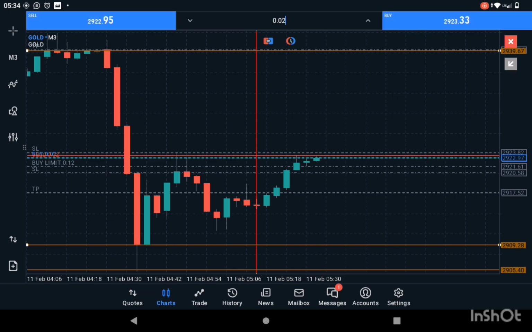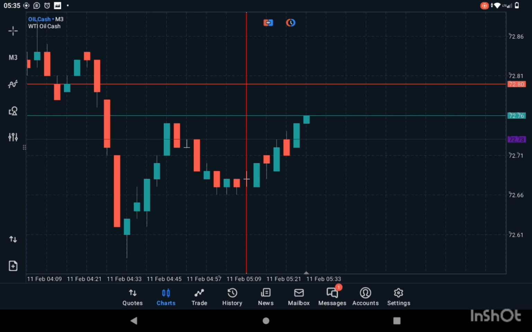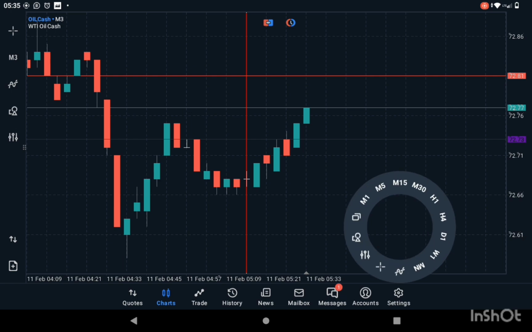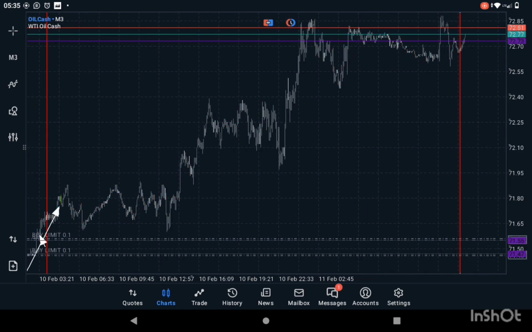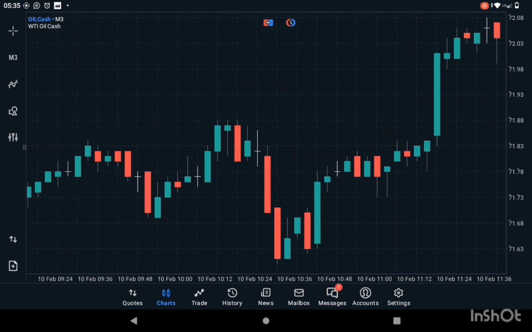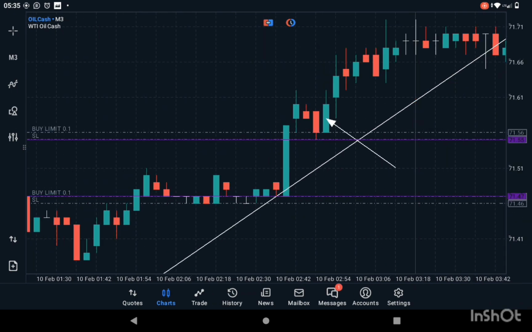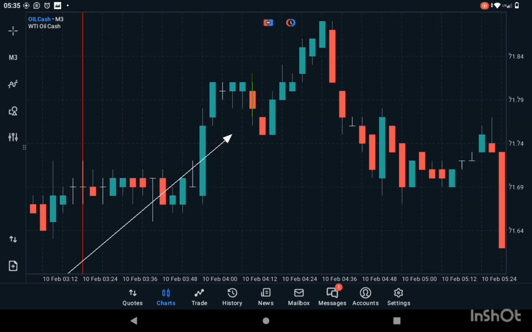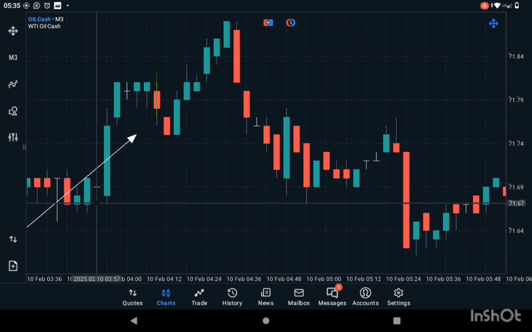So let's move on to the oil chart. Since we entered the market, it's actually showing an uptrend. Let's see. Yesterday, right? Entered the market, and then what happened? Yeah, we entered here at this level, right? And then it rose from a low of